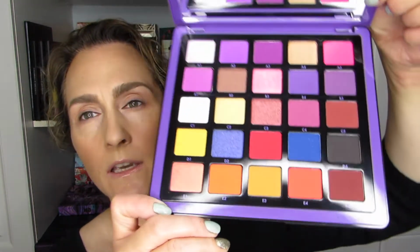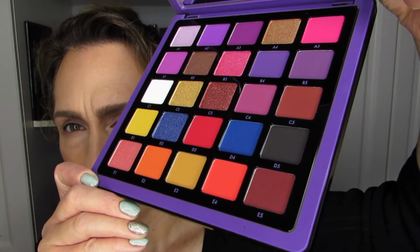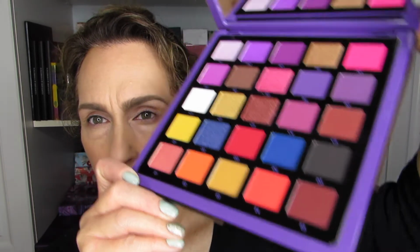I actually checked it when I first got it by accident to make sure that it wasn't damaged before I mentioned to ABH that I had it, because I thought they would ask. But anyway, here is the inside. I'll just take the plastic away. It has a huge mirror, hello, and 25 eyeshadows. There we go. I think you can see those better that way. Okay, so if we take a look,